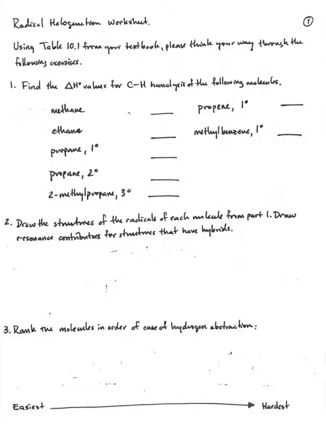So methane, we're looking at CH4, and the value in our table for that is 440. Again, these are all going to be in kilojoules per mole. Ethane, we have CH3, CH3. So there's only one type of CH bond in ethane, and so that drops quite a bit to 421 kilojoules per mole. So propane, we're asked to find